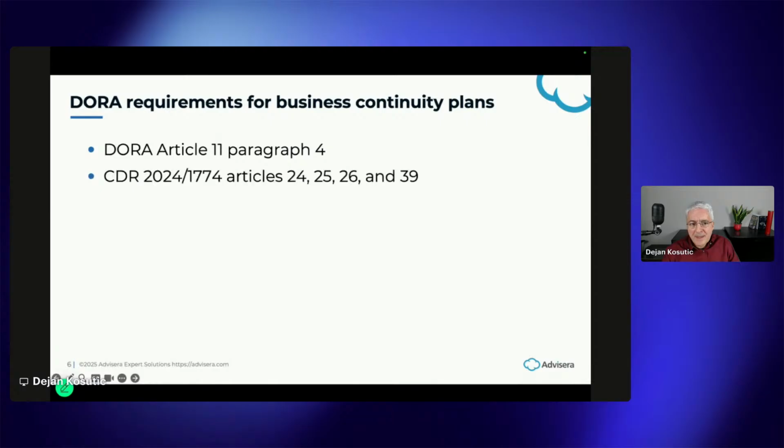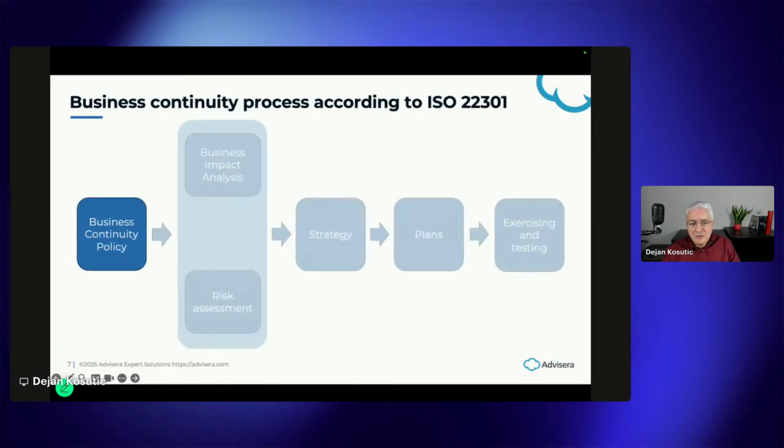Now let's switch gears to ISO 22301 and basically how it can help you with any of these requirements for NIS2 and DORA. First, I'm not going to explain the whole ISO 22301 standard. It would take too much time, and besides there is another webinar which explains 22301. But here I would like to show you what these 5 core elements of business continuity are according to ISO 22301. So the first one is this business continuity policy, and it's a top-level policy which basically says the direction,